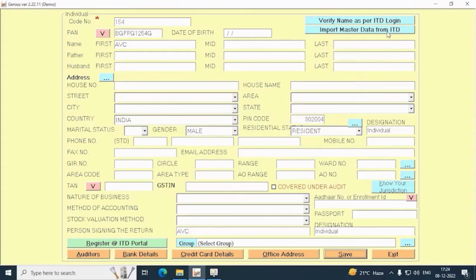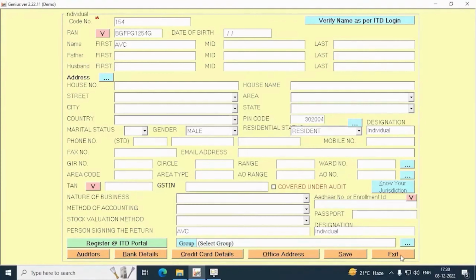From these new features, you can import the masters of client from ITD site and also verify the name of client as per ITD site. Now you can click on exit.